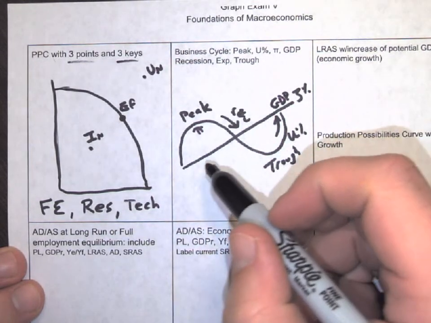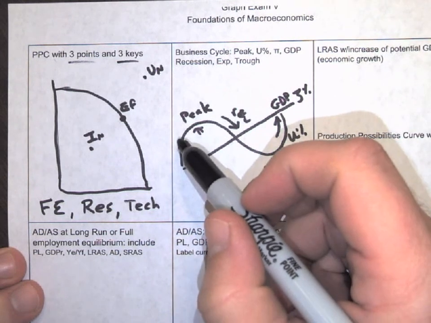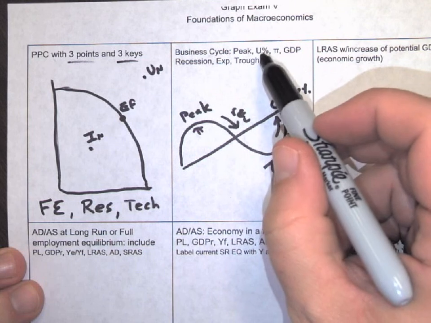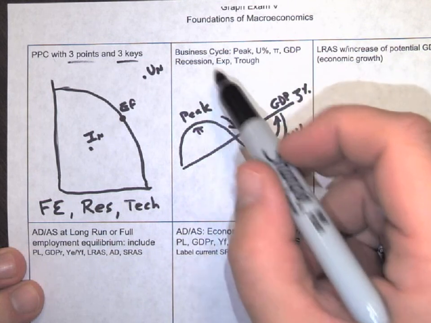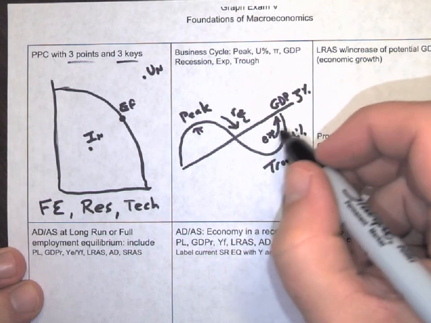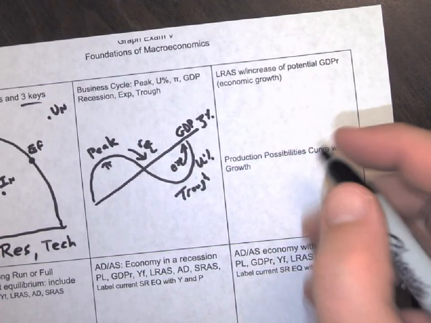So this line right here represents 3% GDP growth while we have the same ups and downs throughout the year. So we have our peak, our trough, unemployment, inflation, GDP, recession. This area right here would be where we're having some expansion, and that gets us out of the trough. Another way we're going to show growth